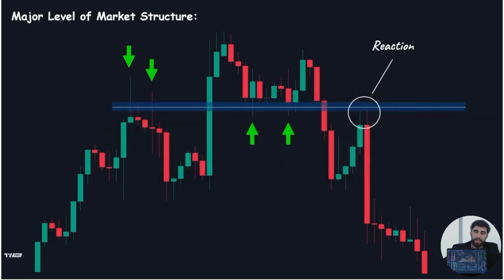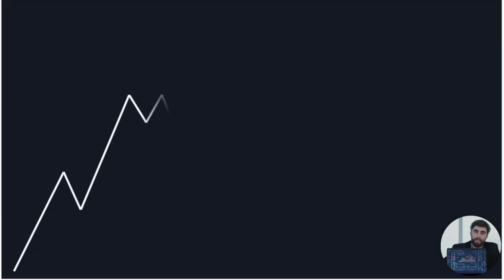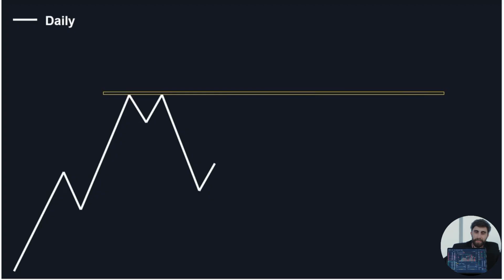Let me explain what I mean. Imagine this line chart represents our daily time frame. This is the most recent key level ahead of the current price. So we still have plenty of space before reaching this level on the lower time frames. Therefore, we can enter long positions with confidence, knowing that there are no significant levels acting as barriers for the